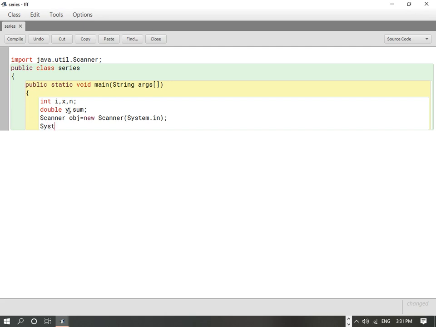So we will write System.out.println, enter value of x. Now whatever x the user is going to enter, that we will store in variable x. So x equals obj.nextInt.